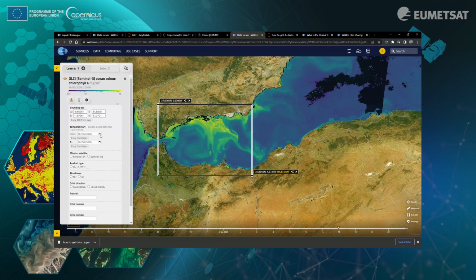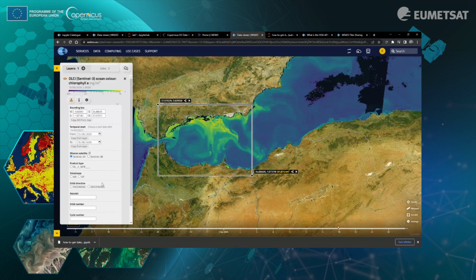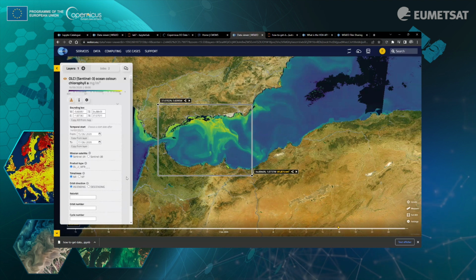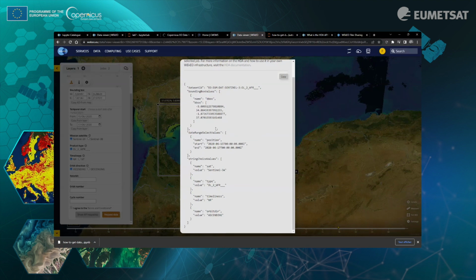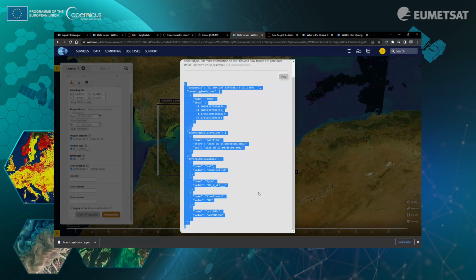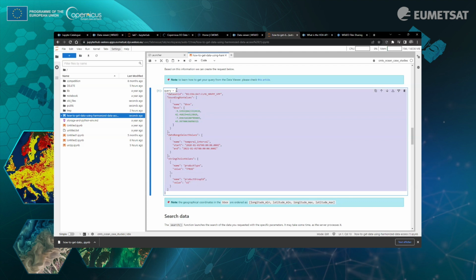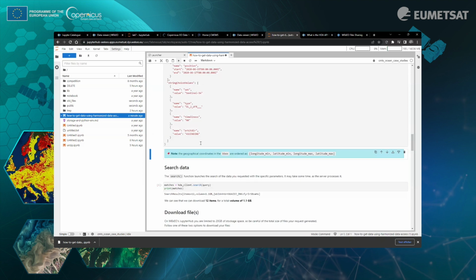I need to take 1 day before, not 1 day after. Okay. And then I can have my API request. And now I just have to copy paste this request into my Jupyter Notebook. Okay, and then I continue to launch the query.